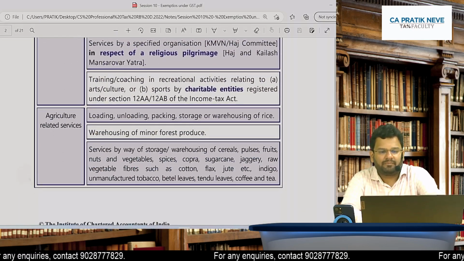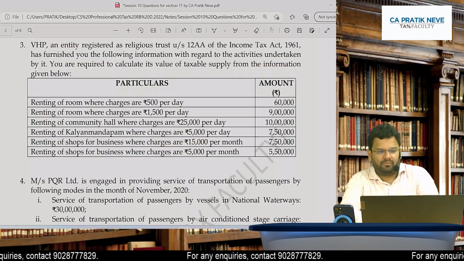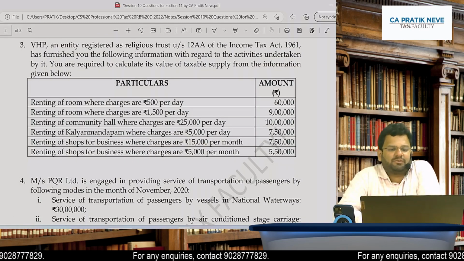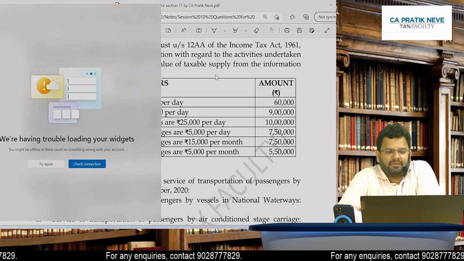Okay, so check now. Question relating to those limits. VHP, an entity,